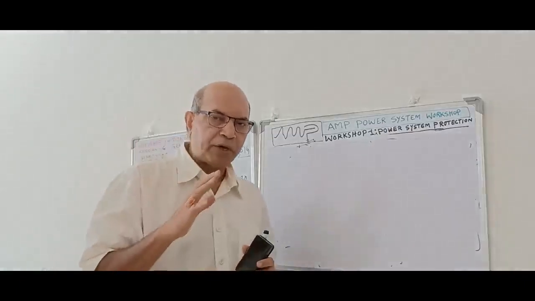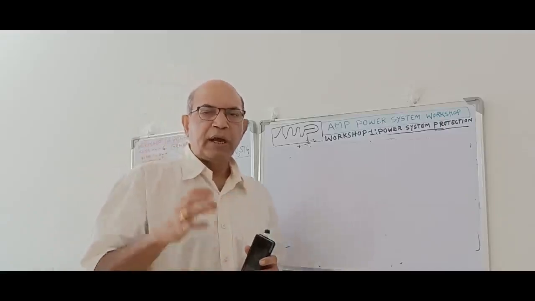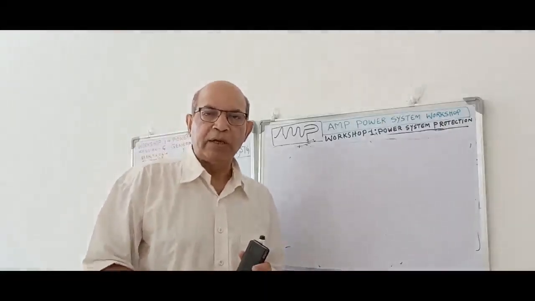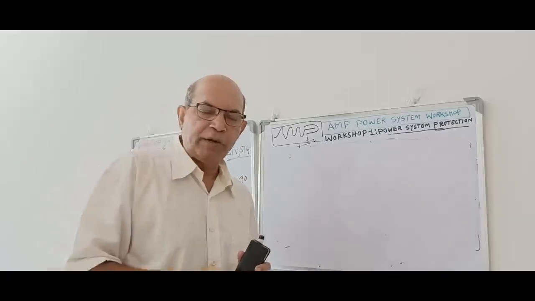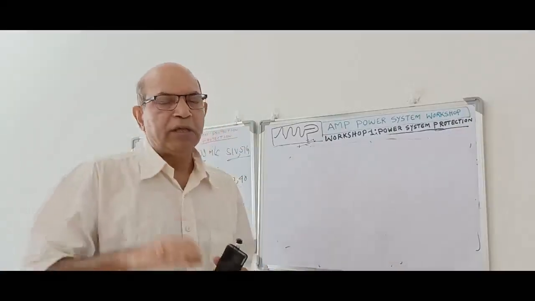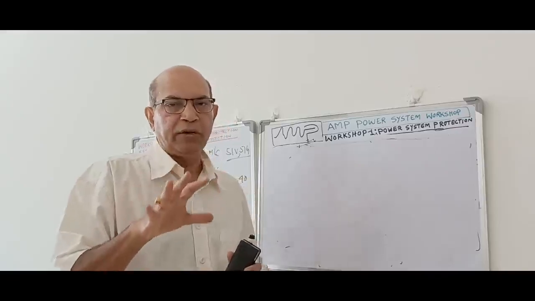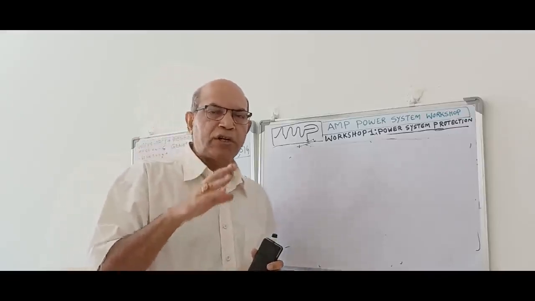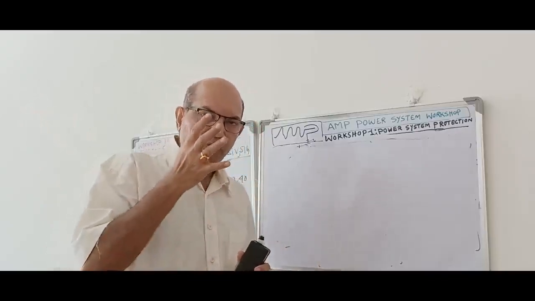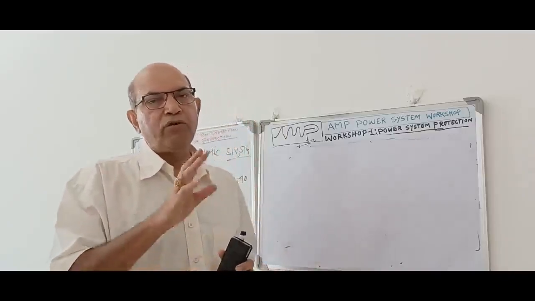And the third group of protection which is not very urgent, like under voltage, over temperature. Under voltage can take place due to heavy load, under frequency also can take place due to heavy load, and over temperature can take place due to heavy load. If we withdraw the load, then the temperature will come to normal. So this type of scenario we handle in a different way. We do not trip immediately, we take some time to throw out the load gradually, and then when the power generated by the machine comes down below a certain level, only then we trip the breaker.